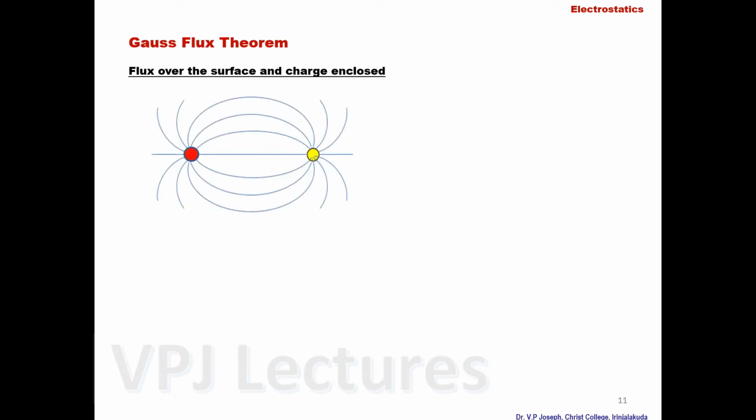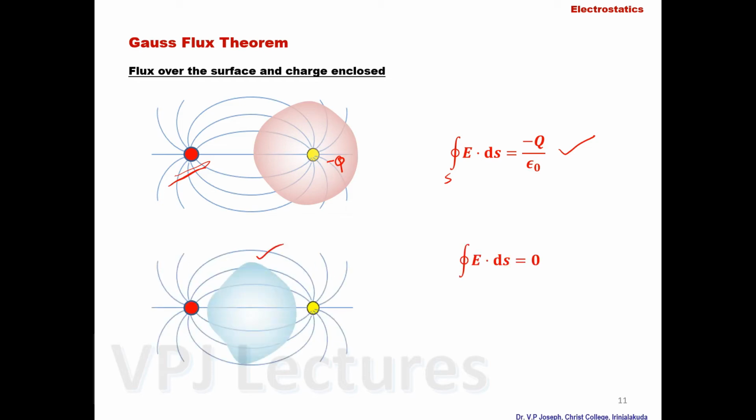Now let us consider different types of charge inclusions with different Gaussian surfaces. In this case, a negative charge is there, say minus q, inside the Gaussian surface. So even though the plus charge is placed away from this minus q, the Gaussian surface includes only one charge, that is minus q. So the equation will be like this: closed surface integral E dot ds is equal to minus q by epsilon 0. Now let us consider the second Gaussian surface like this. What about the charge? The minus q is outside, the plus q also is outside. So the total charge inside is equal to 0.